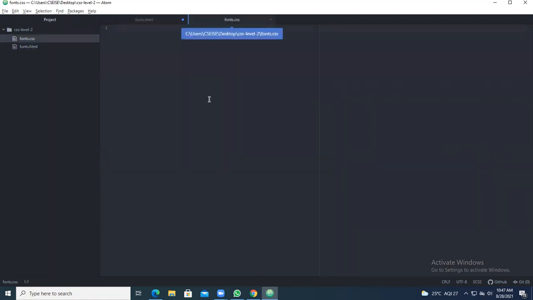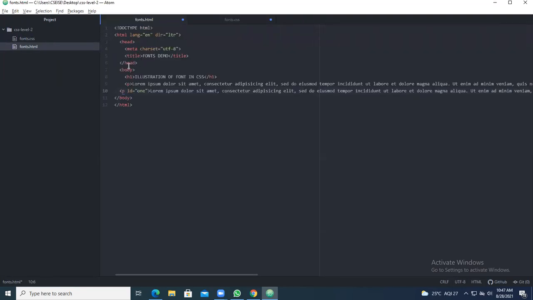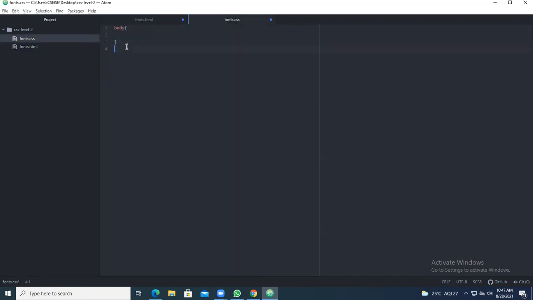Go for the fonts.css. First you take the body tag. After the body tag, the next one is H1. Take the next one, H1, with brackets open and close. First make a note of all these things.